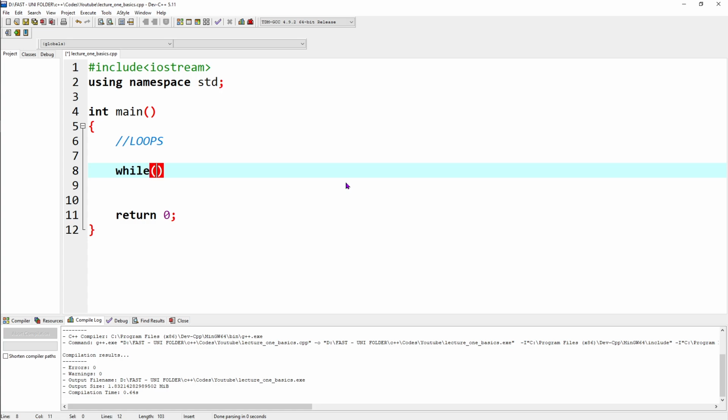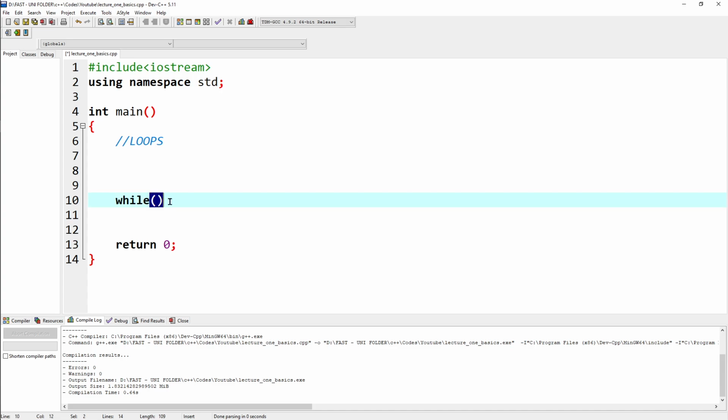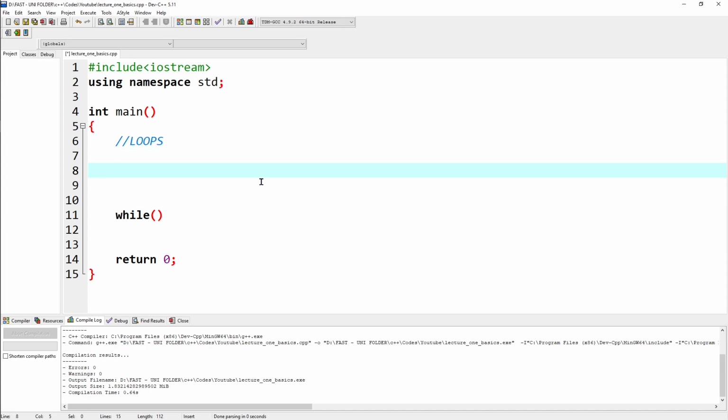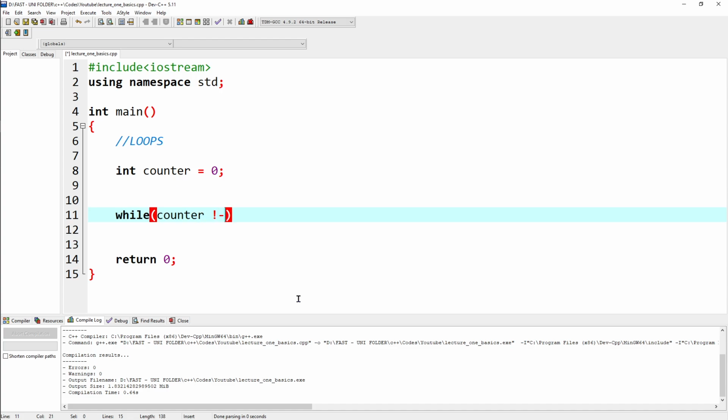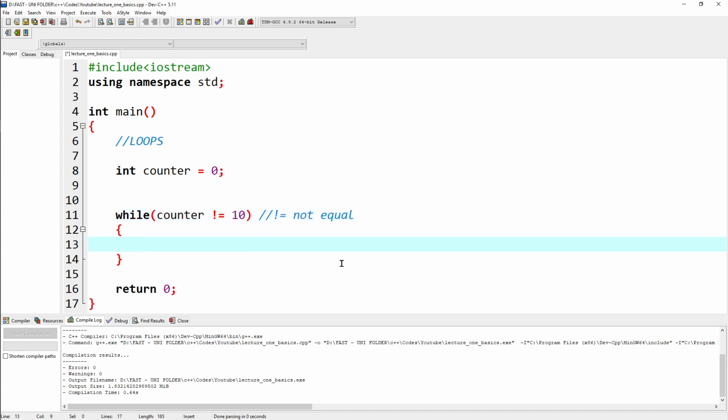Similarly, we do have the while loop. While loop is pretty simple. While whatever statement we give is true, it keeps running. For this, I make a variable int counter equals 0. While counter is not equal to 10. Keep in mind, exclamation mark and equals means not equal, right? So we say while the counter is not equal to 10, do whatever I'm writing inside. I'm going to write inside cout